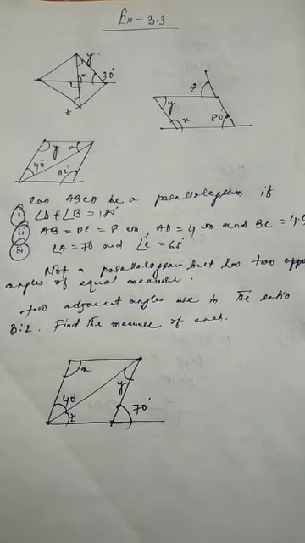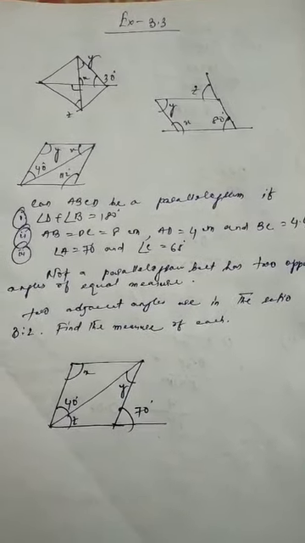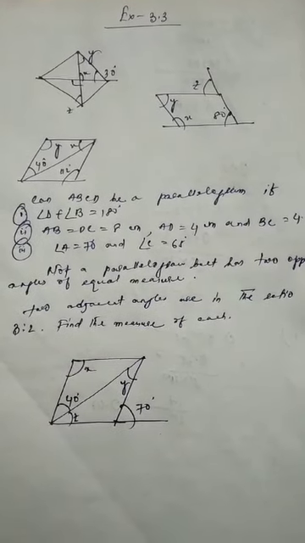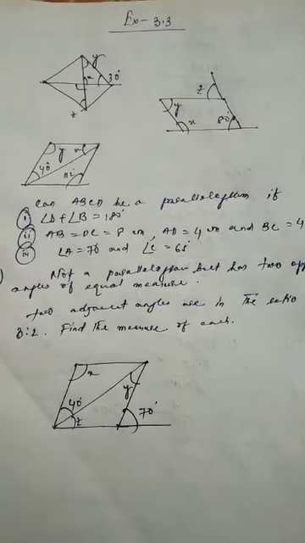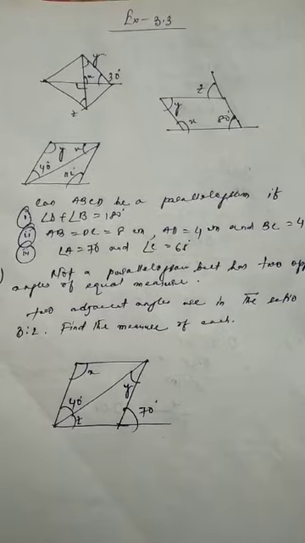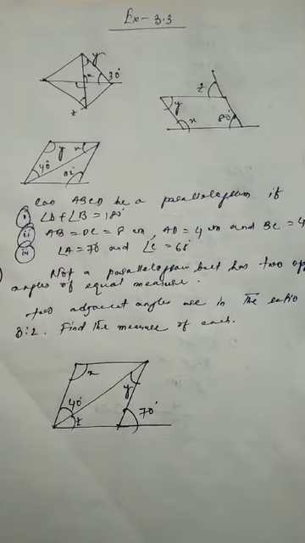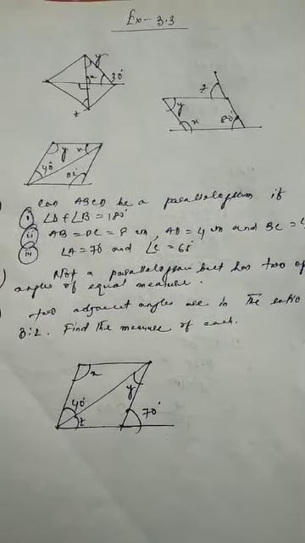In the previous video, we had a discussion on exercise 3.2 and exercise 3.3, in which we had completed. We understood about some properties of parallelograms, how parallelograms are different from other quadrilaterals and all, that I had discussed in that particular video. So today we are going to deal with some more questions of exercise 3.3, in which some diagrams, some figures have been drawn, and we have to find the values of these unknown angles.